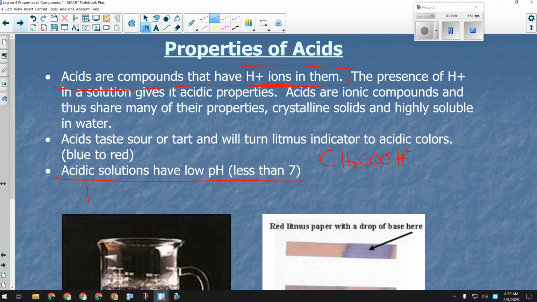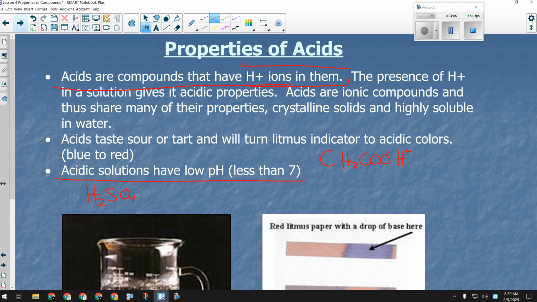Okay, so if this compound, it's not, but let's say it was, if this compound was in your list of unknowns tomorrow, could you predict what its properties might be? Is it ionic or molecular? It's ionic. Okay, so it would definitely then be a crystalline solid at room temperature. Right. It would probably be soluble in water, and its solution would probably conduct electricity, and it would definitely have